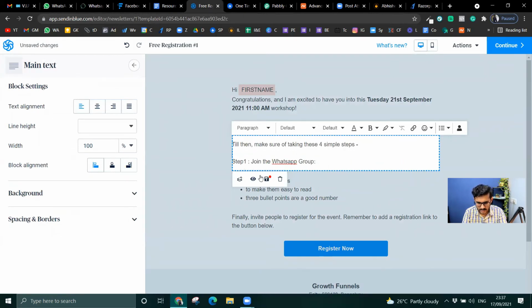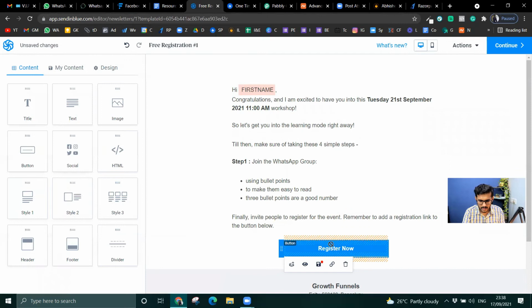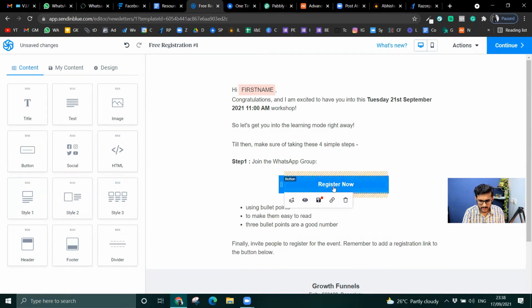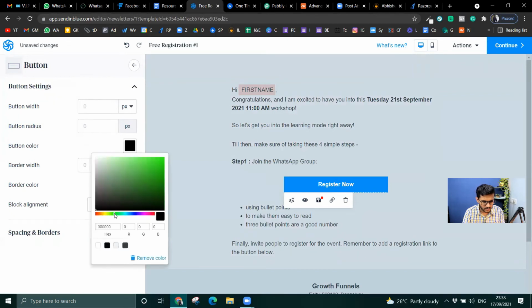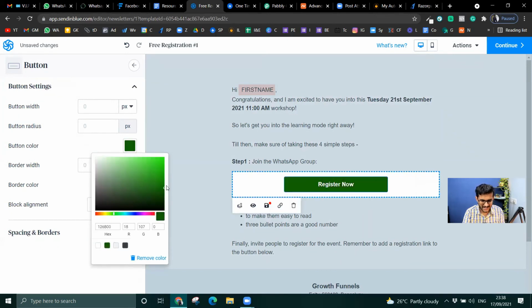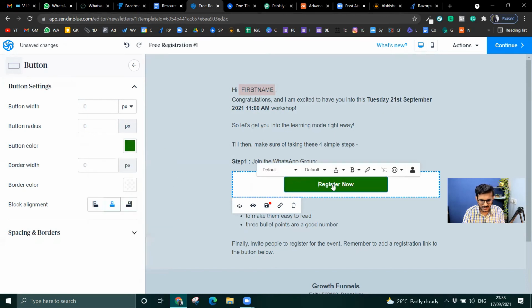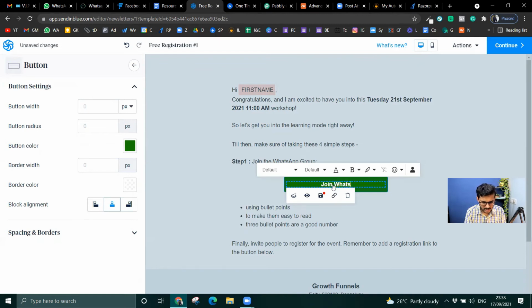First step is join the WhatsApp group. So I'll just make it bold. WhatsApp, A has to be caps, correct? Now here I'm gonna bring that after this and just change the color to blue. Sorry, green. WhatsApp is green, not blue. And change the text to join WhatsApp group, right?